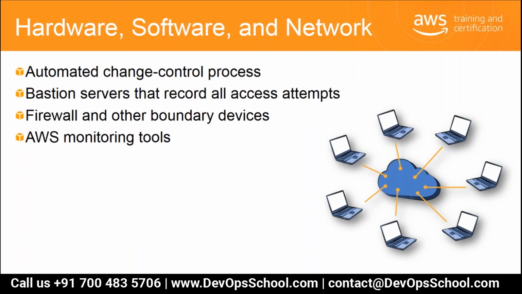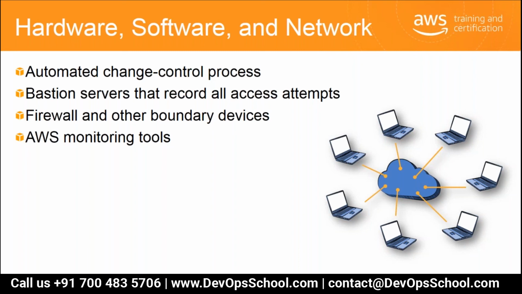So the changes don't go in an ad hoc manner, but they are all centralized, and in a very automated way, change control happens. And any access to hardware and software must be authorized. Privileged access to software and hardware requires SSH login. For all requests, it should be using secured connections, and it is only allowed using Bastion servers that record all